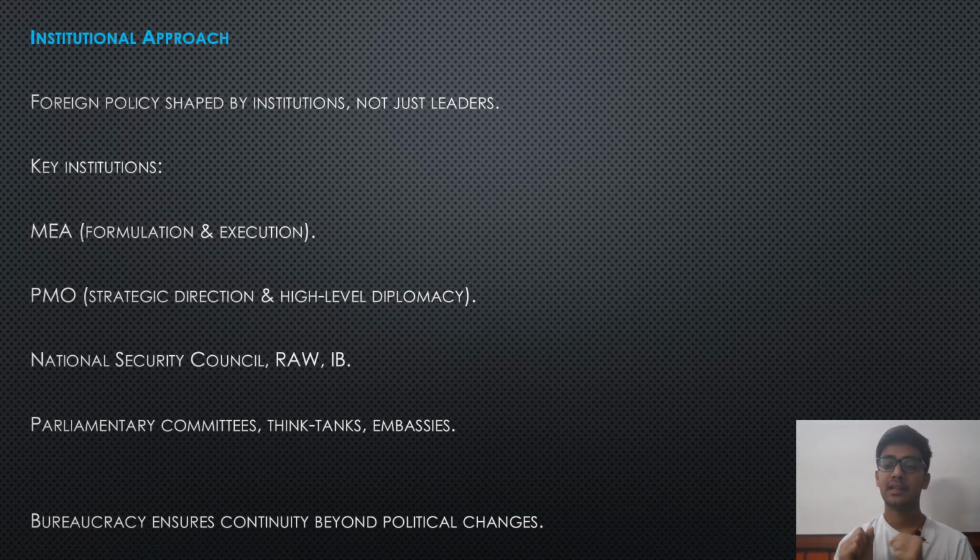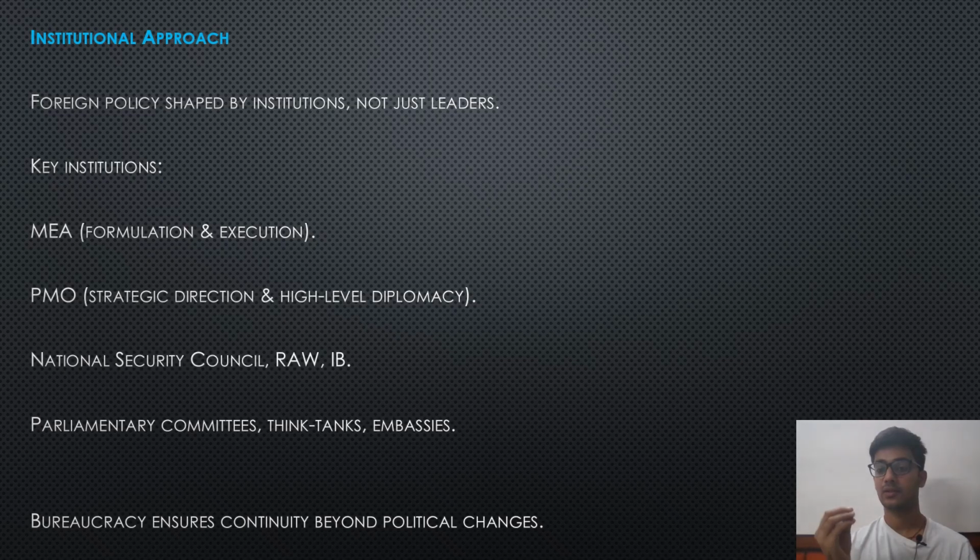And unlike USA, if you see in USA, a president changing means a very major shift in foreign policy can happen. Before this, India was supposed to be the most important partnership for USA in the 21st century, and India and USA friendship was unbreakable, this, that. And suddenly a president changes as Donald Trump comes. India and US relations have gone to an all-time low in many years now. So in many nations like USA, the policy is very much dependent on the president. But in India, that's not the case.